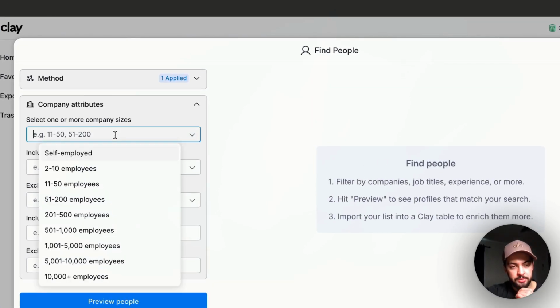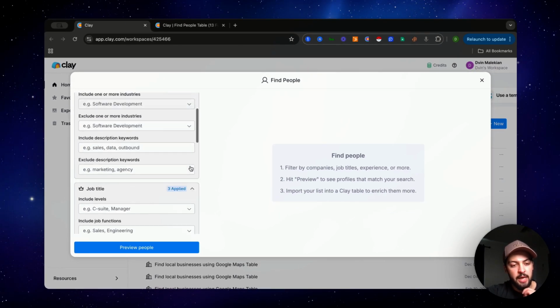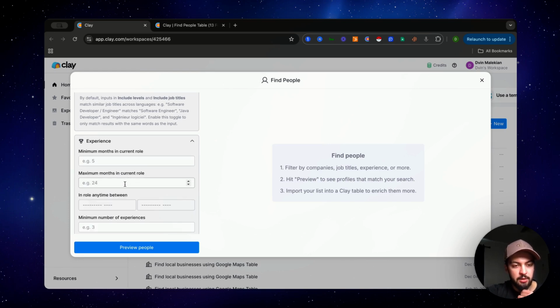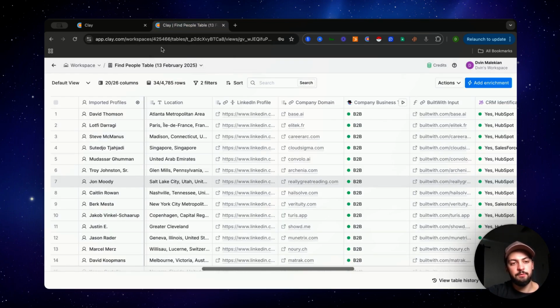We also wanted to find self-employed people, 2 to 10 employee companies, and 11 to 50. As far as their experience goes, for maximum months in their current role we put 4 months. So we wanted recent hires that just joined the company. Awesome. So once we have a list, and I actually just did this earlier, the information it gives us